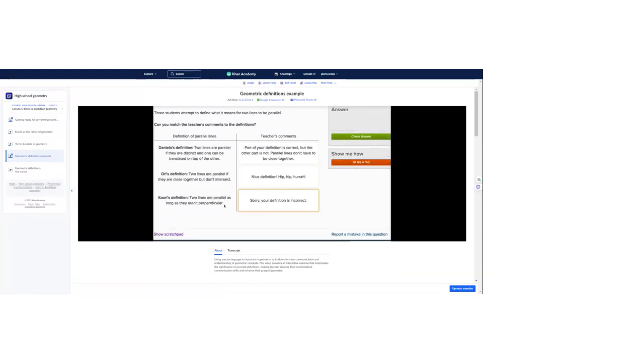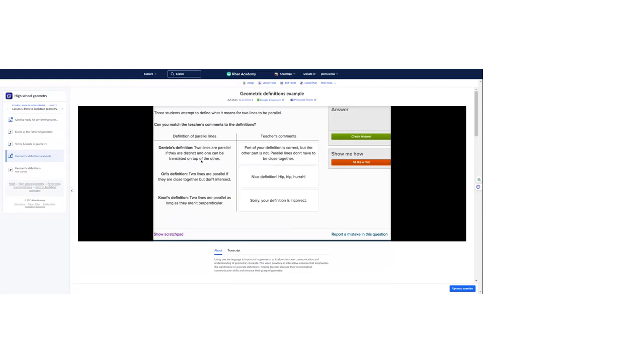Let's do another one. So three students are now attempting to define what it means for two lines to be parallel. So now let's match the teacher's comments. So Daniela says two lines are parallel if they are distinct and one can be translated on top of the other. All right, so that actually seems pretty interesting. That's actually not the first way that I would have defined parallel lines. I would have said, hey, if they're on the same plane and they don't intersect,